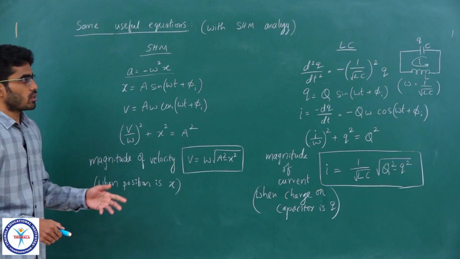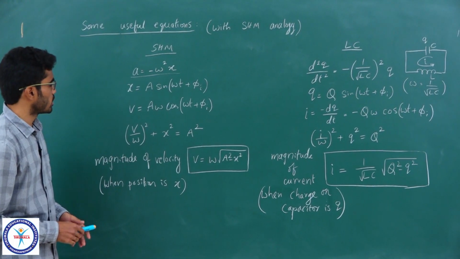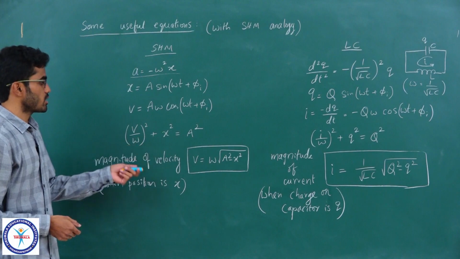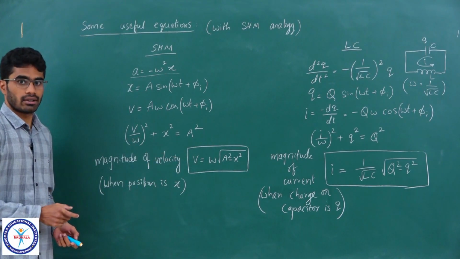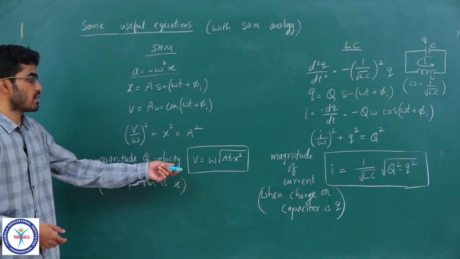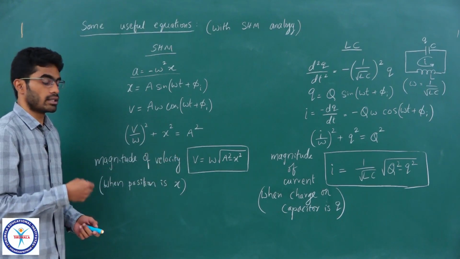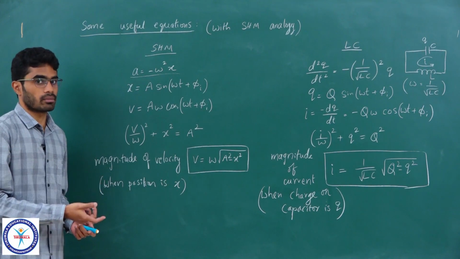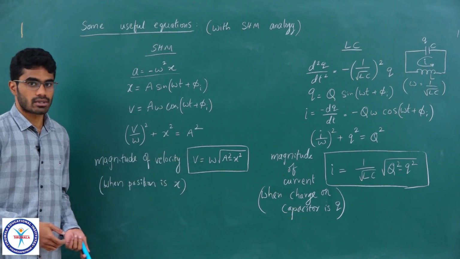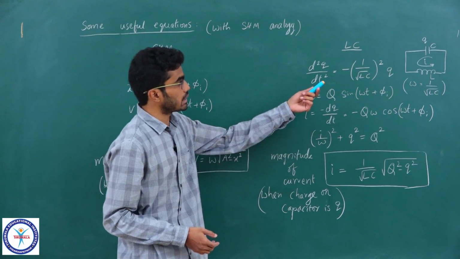Now, by using sin square theta plus cos square theta equals 1, the identity, we can get one useful relation here. v by omega square plus x square gives you A square, and from this we calculate the speed of the particle while performing SHM, and we know this equation, omega into root over A square minus x square, where A is amplitude of the particle oscillation and x is the displacement of the particle at any given time. So, when you know the displacement, you can calculate the speed with this equation. Similarly, when you know the charge on the capacitor at any instant, you can directly calculate the current which is